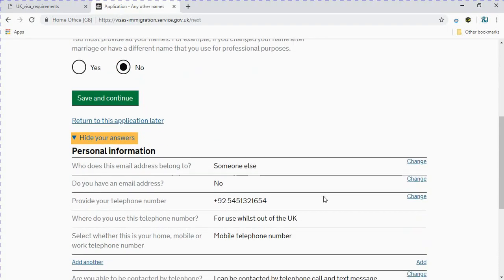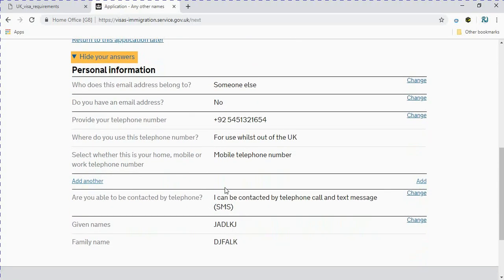You also can see your information. If you have anything, you can see. If you want to change, you